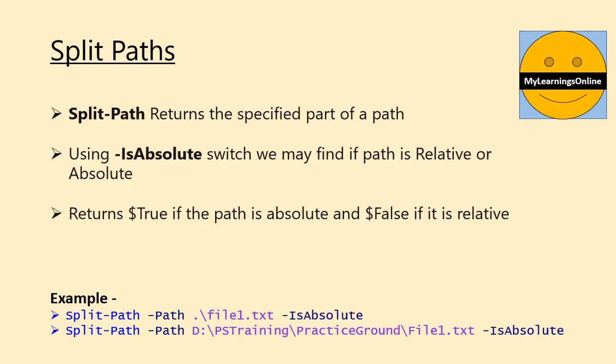Though we can easily identify whether a path is absolute or relative by just seeing it, sometimes, especially when we are using a script, it may be helpful if we can find automatically or programmatically whether a path is absolute or not. For example, in a script or automation application, many times many things may depend upon the result, like if the path is absolute, then run this command, or if the path is relative, then run that command. Like this, the absolute parameter is used to find if a path is relative or absolute. You can easily check the use of this parameter by running both these commands in this example.